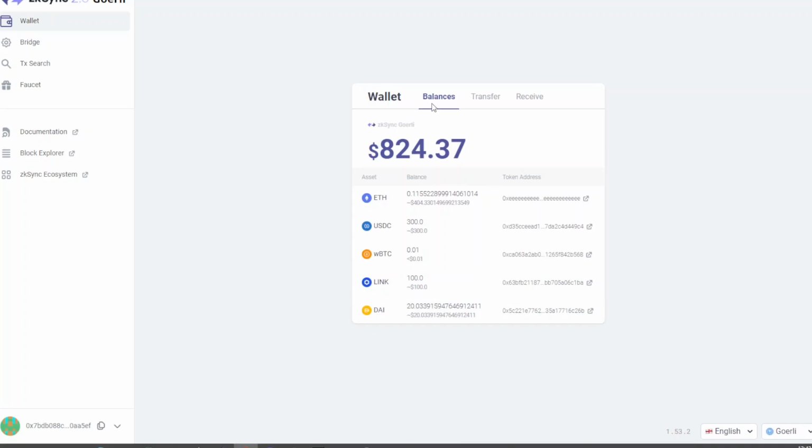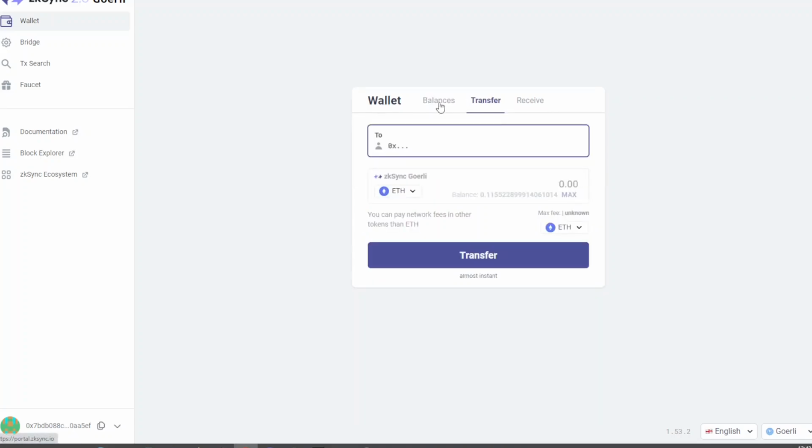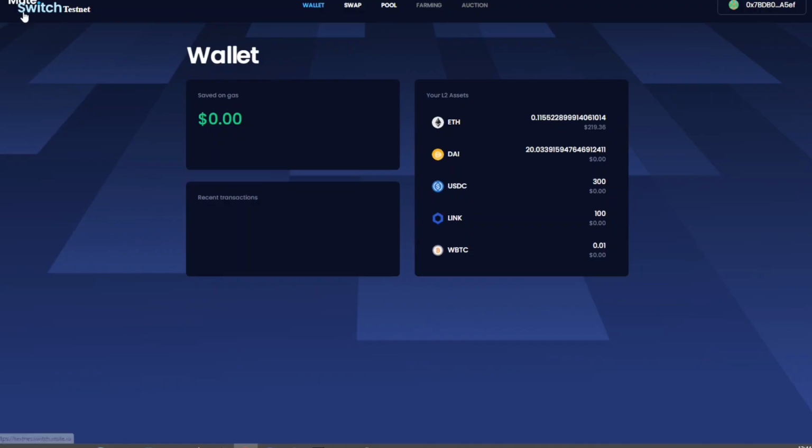Now what you can do here to also further increase the chances of you getting an airdrop, you can then go and make some transactions with that. So first of all, I recommend doing a transfer here, so transferring some of this layer 2 ETH and transferring it to a different wallet that can count as a transaction. And then what you want to go ahead and do is then move over to the Switch mute testnet, and then from here they have a swap,